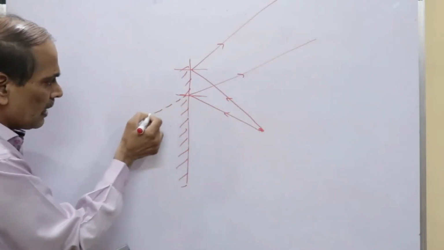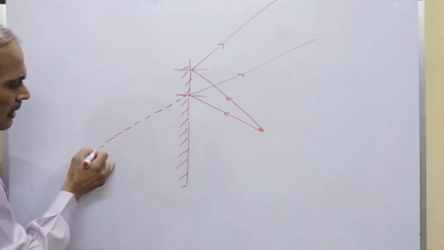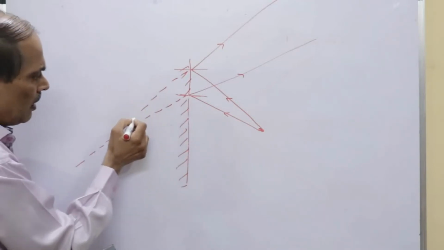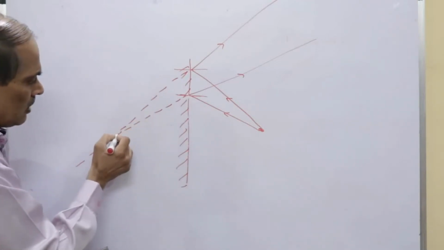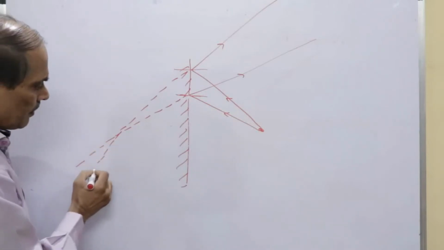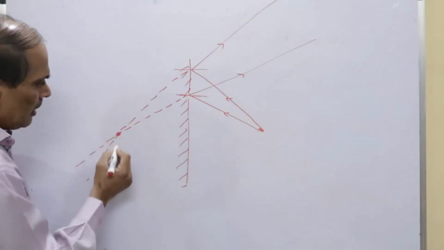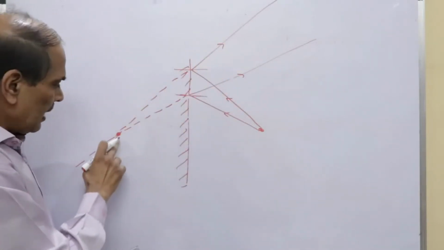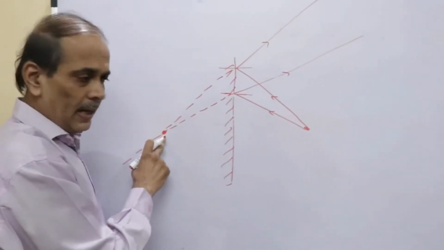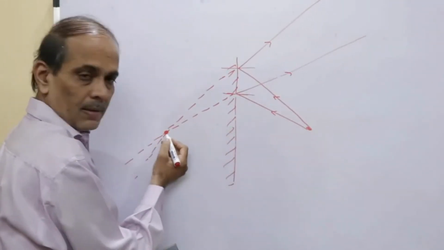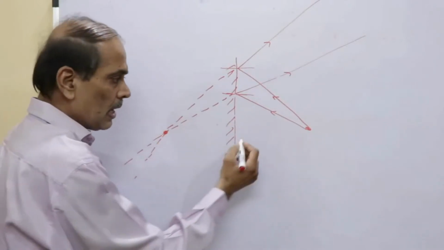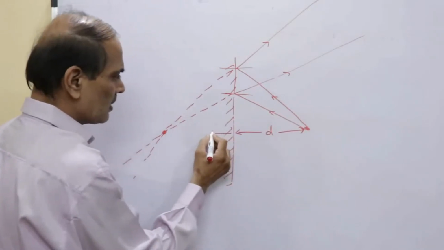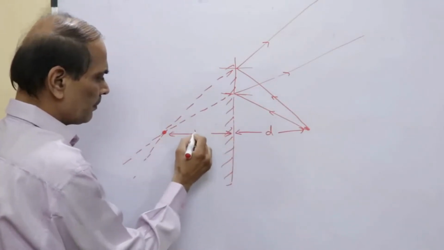So if I draw these rays extended behind the mirror, going straight, the second ray is also reflected behind the mirror, and this will cross somewhere. Here these two rays are meeting; we can take multiple rays, and the same will be the result. They'll meet here, and you will get the image of this object behind the mirror at this position. If you really consider, this distance and this distance are just the same.